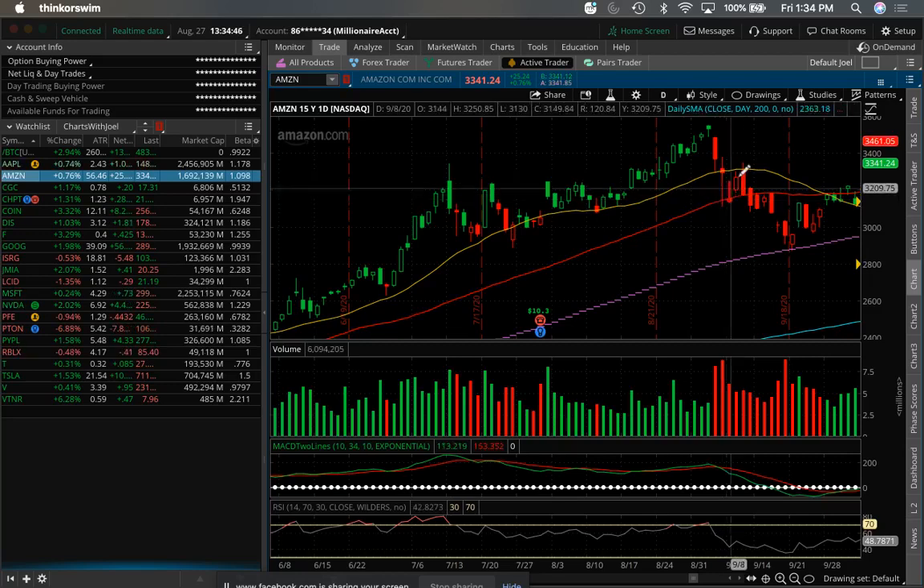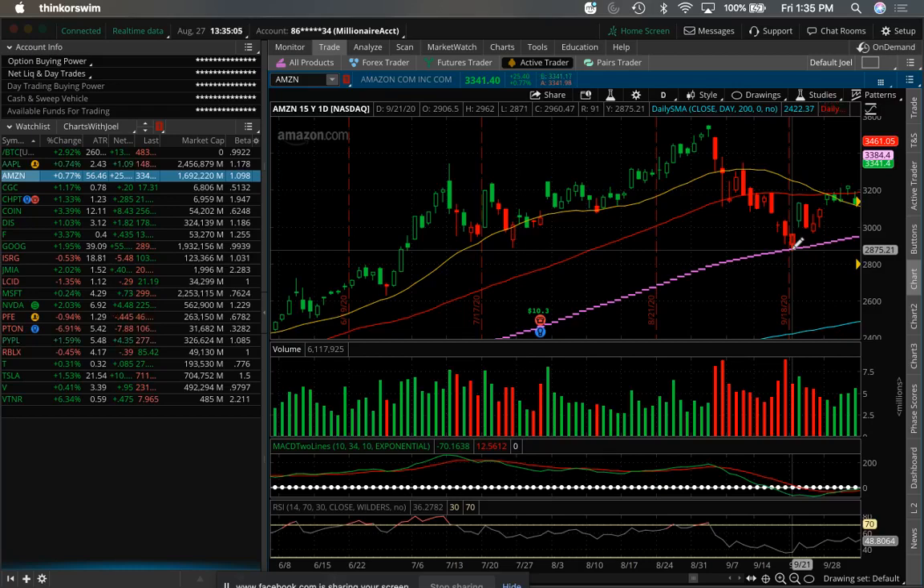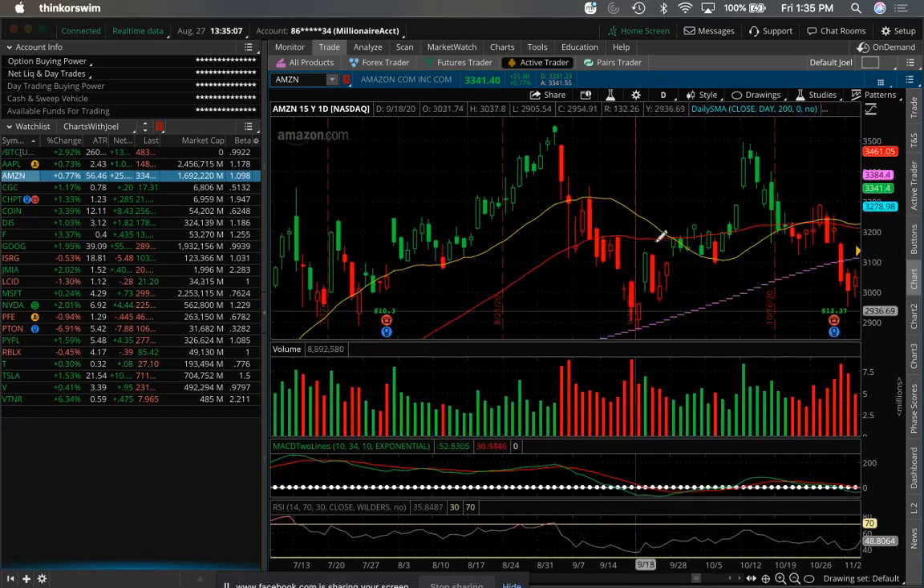Amazon in 3 days, it went from 31.50 to 3,300. It made $150 per share. You know how much you would have made in the options world trading that in 3 days? And all it did was drop to the 50, went to the 20, dropped to the 100, and it stayed